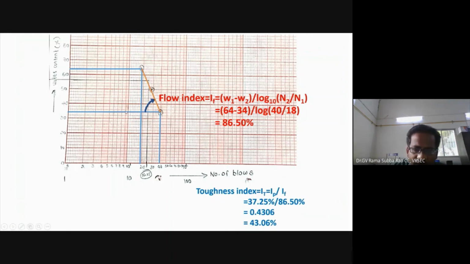And it is possible to determine toughness index also by conducting liquid limit and plastic limit. Finally, I am trying to say we can determine index properties like plasticity index, which is equal to liquid limit minus plastic limit, and flow index, and also toughness index. Toughness index is a ratio